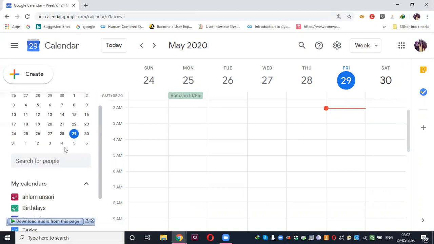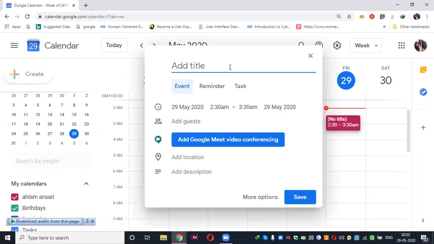You can schedule it on whichever date you want, but I'm creating it for right now, and I click create over here. It's going to ask me what I'm going to create, a demo of OBS and Meet. If you want to add people over here, you can add. When I add people, these people will be directly entering your meeting. They'll not be waiting. If you have not added people and they have the link, they'll be waiting.